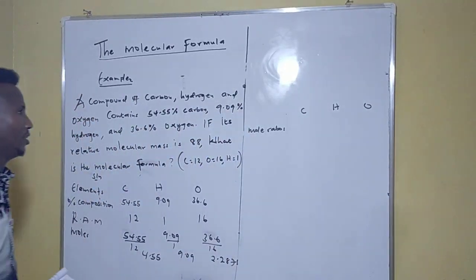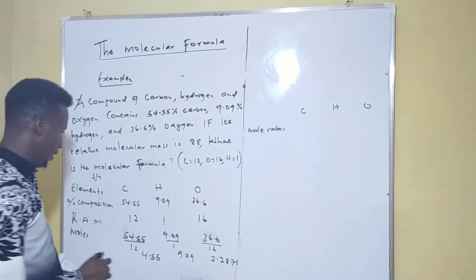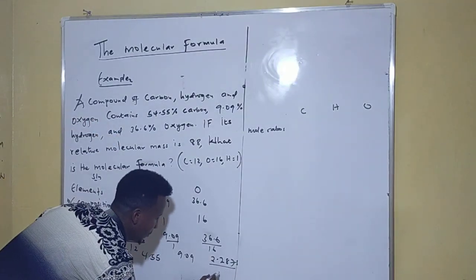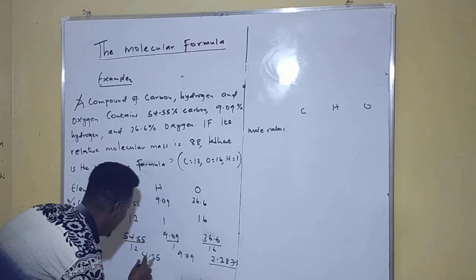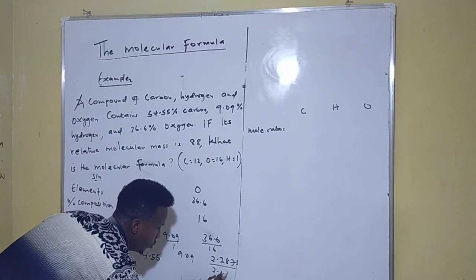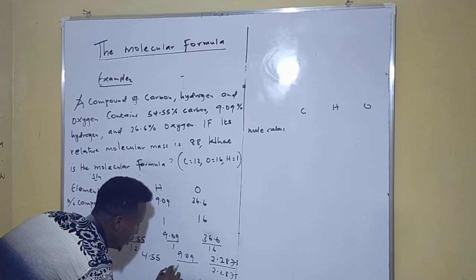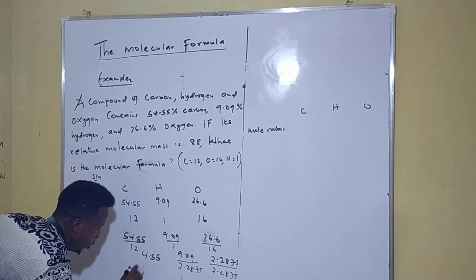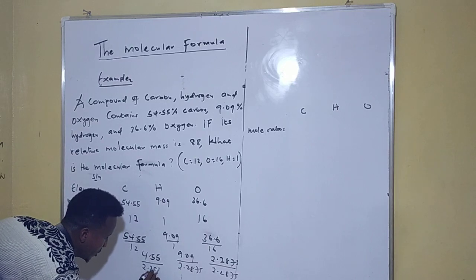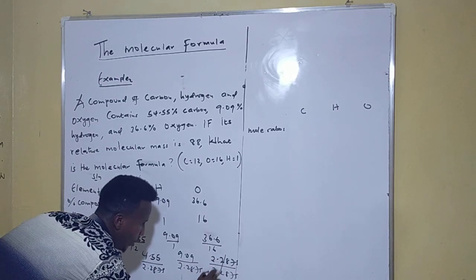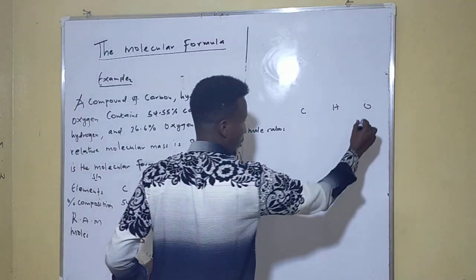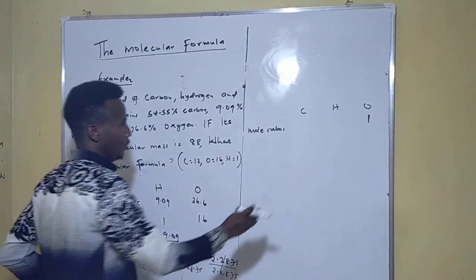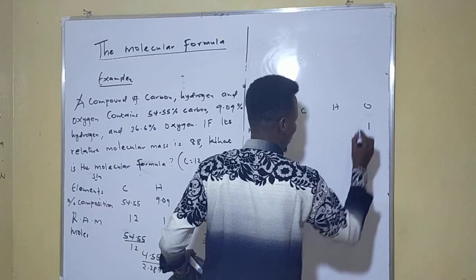Don't forget that. The mole ratios here will be, you're going to divide by the smallest one here. You're going to say 2.2875 here. Here 2.2875. We'll also have here 2.2875. We know this one, you're going to get 1 oxygen, 1. So that's the mole ratio. Okay, write it here. 1.